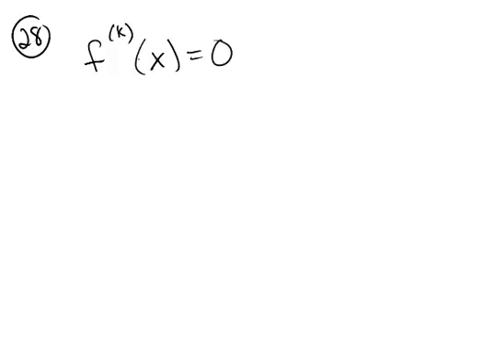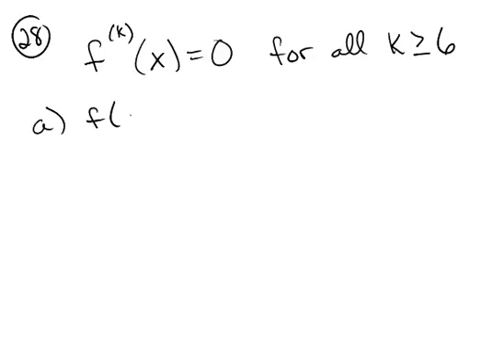Okay, on number 28 in section 3.5, they want you to say, of the following functions that they give you, which of them, when you take the kth derivative, will it equal 0? And that's, they say, for all k greater than or equal to 6. So if you're starting to process this, like A, you should be pretty convinced it will happen. Because if this is the original function,